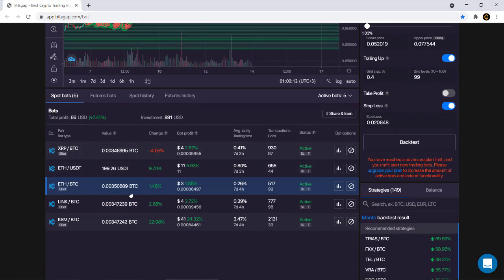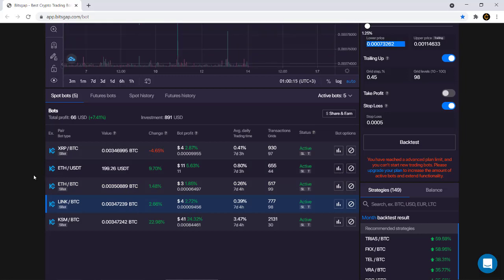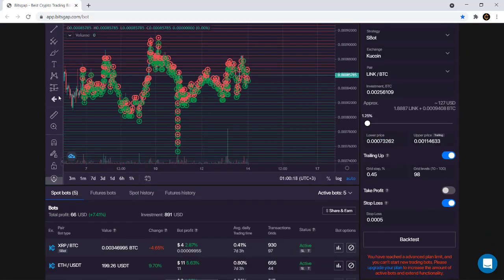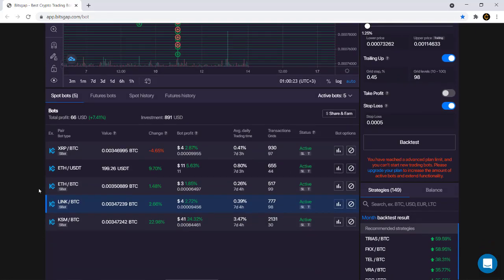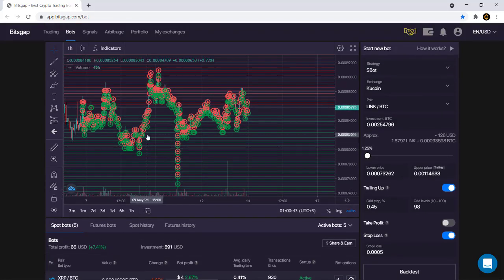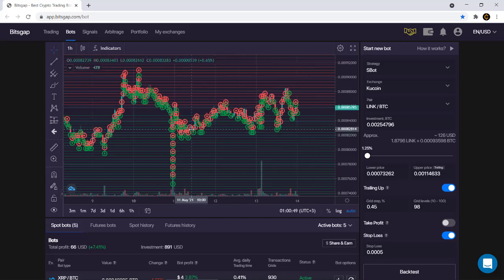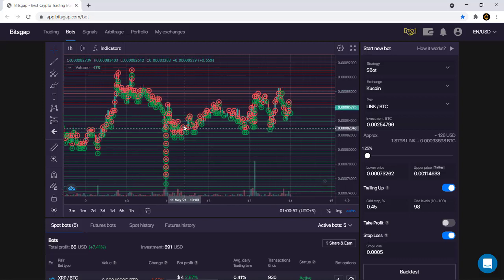Right, so that's with the Ethereum BTC. Now let's take a look at Link BTC. Here there seems to be a lot of volatility, and the average daily profit is 0.39%. There were 777 trades, and so it's brought in a nice overall profit. As you can see, let's just spread this out a bit. The value of